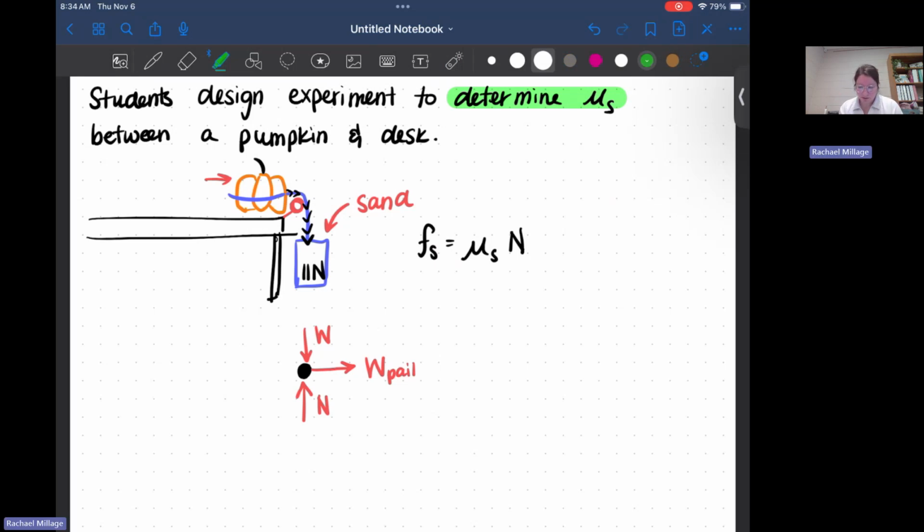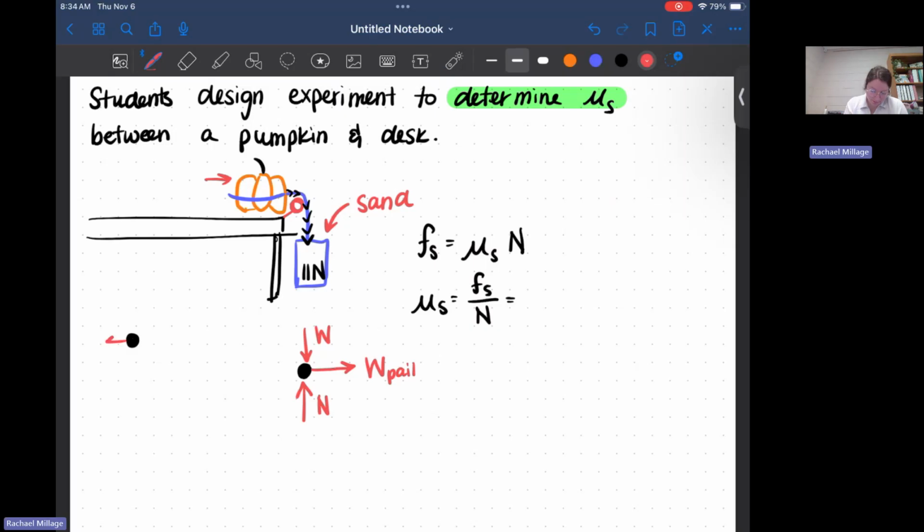So since we're looking for our coefficient of static friction, I'm going to rearrange our equation to be mu sub s equals my force of static friction divided by my normal force. And we said that our force of static friction is going to equal the force that's causing it to move, right? Because right before it moves,